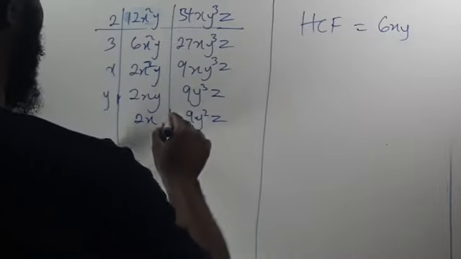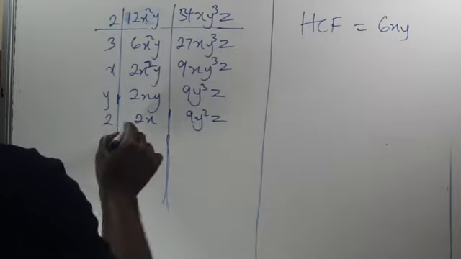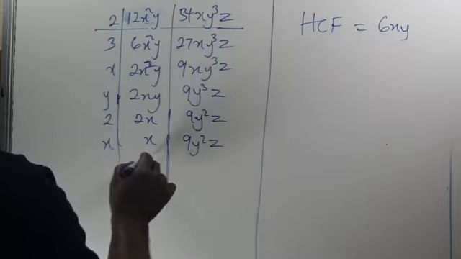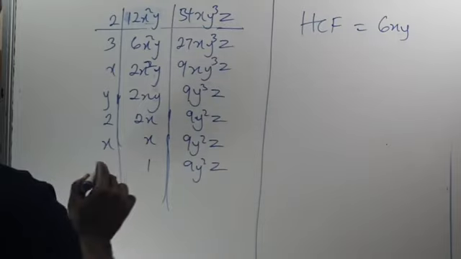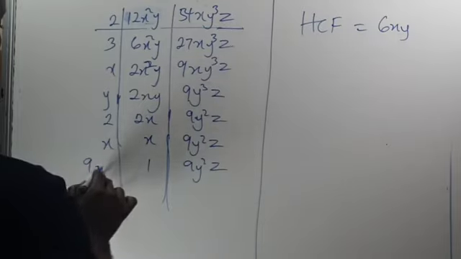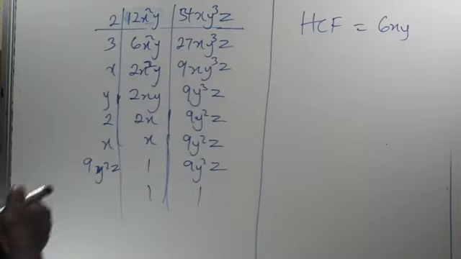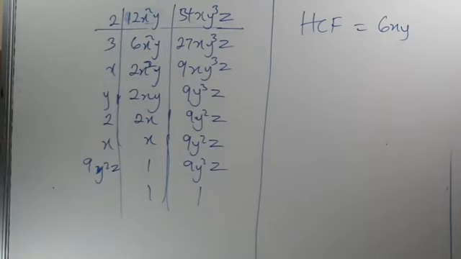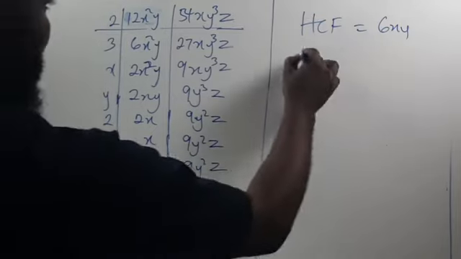So now, instead of doing it again to find the LCM, I will just continue until I get to 1. So 2 can go, x, that will be 9y squared z. Then 1, 9y squared z, 1, 1. So the LCM will be the multiplication of everything here. 2 times 3, 6. 6 times 2, that is 12. 12 times 9,